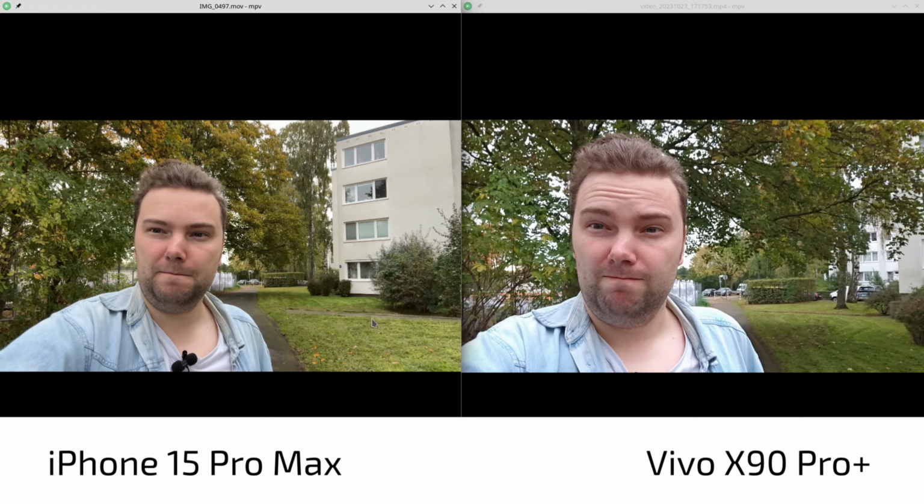Video comparison, iPhone 15 Pro Max against Vivo X90 Pro Plus. We start off with the selfie cam. We can see a warmer rendition on the iPhone 15 Pro Max, much cooler in rendition on the Vivo X90 Pro Plus. You can see it here also in the green grass. A bit more realistic actually on the Vivo X90 Pro Plus, but when it comes to detail retrieval, it's just